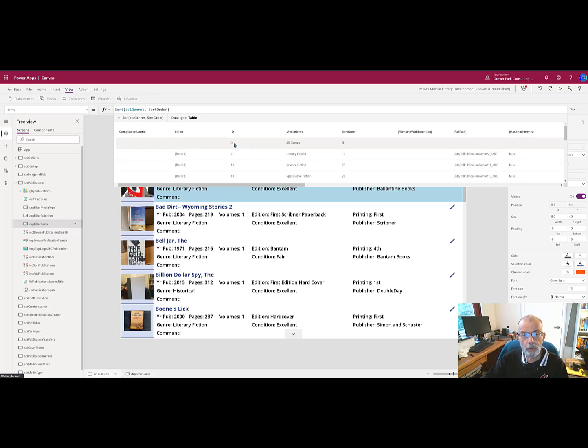And for that reason, whenever PowerApps says to me, here is your ID, as opposed to saying to me, here is your publications genre ID, I no longer get all panicky because I'm looking at the wrong value or the value that I did not expect. As long as I recognize that ID is, in this context, publication genre ID, and that's the one I want,